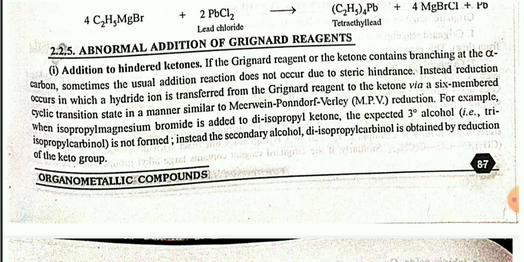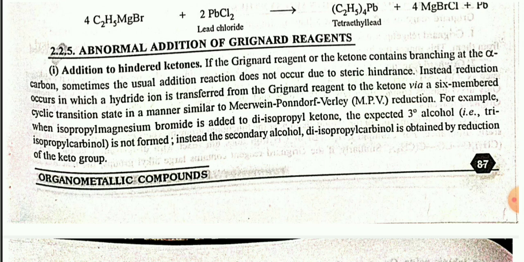If the Grignard reagent or the ketone contains branching at the alpha carbon, sometimes the usual addition reaction does not occur due to steric hindrance. Instead, reduction occurs in which a hydride ion is transferred from the Grignard reagent to the ketone via a 6-membered cyclic transition state in a manner similar to